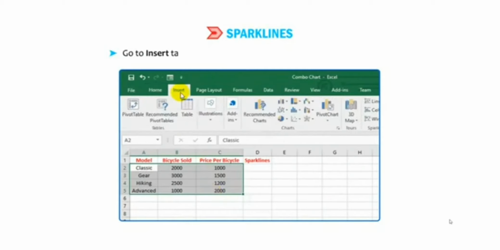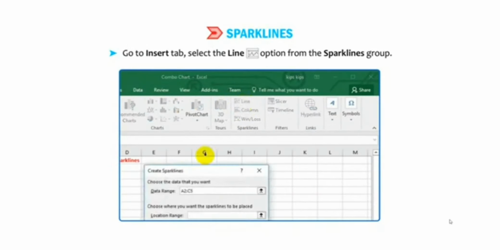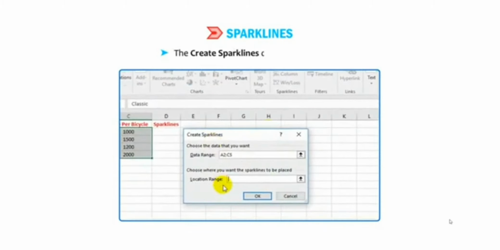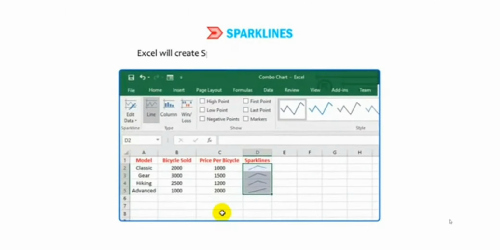Go to Insert tab. Select the Line option from the Spark Lines group. The Create Spark Lines dialog box appears. Specify $D$2 to $D$5 in the Location Range text box. Click OK. Excel will create spark lines graphics for the specified data.